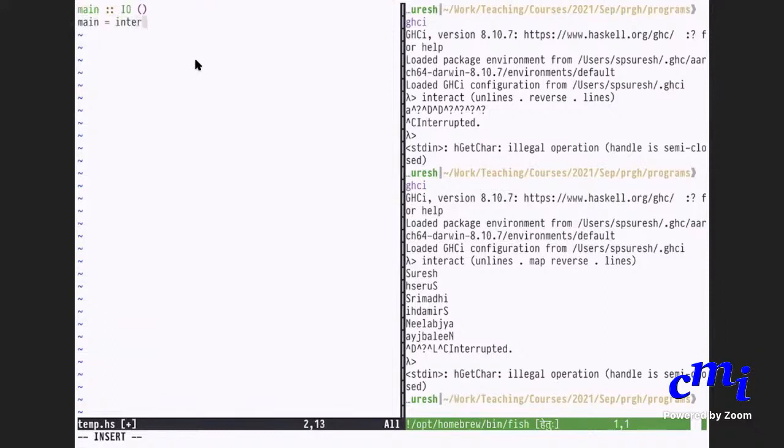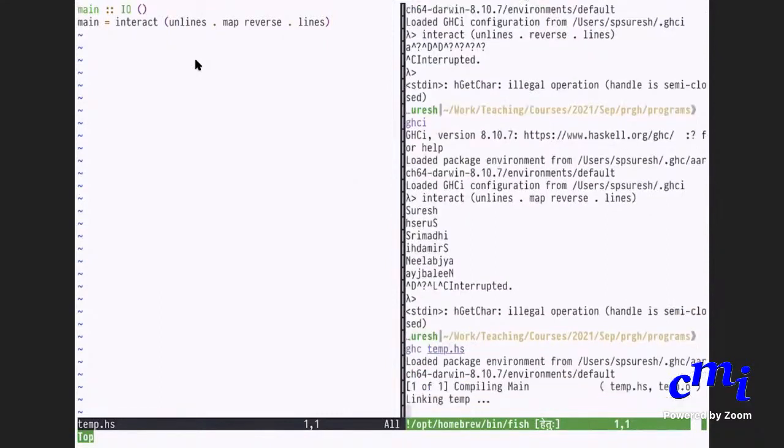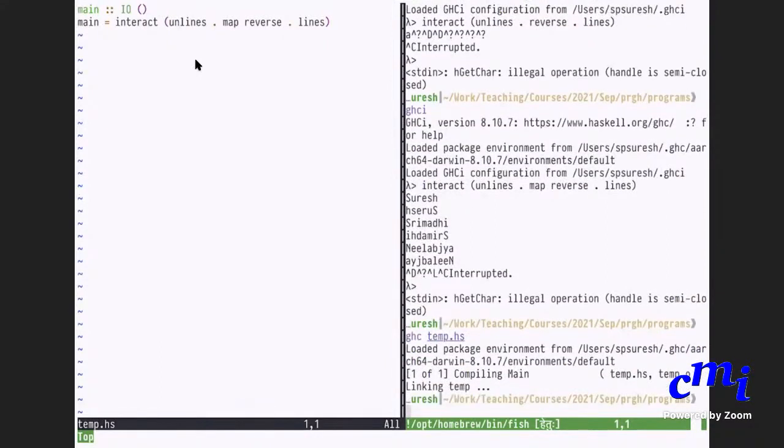Main is just interact of unlines of map reverse. And let's say I close this. I'm done with main. That's all there is to it. Now I come here and I say ghc temp. Okay, now it compiles properly.